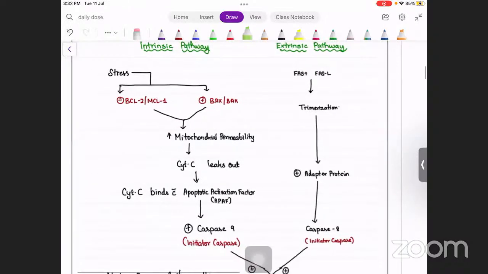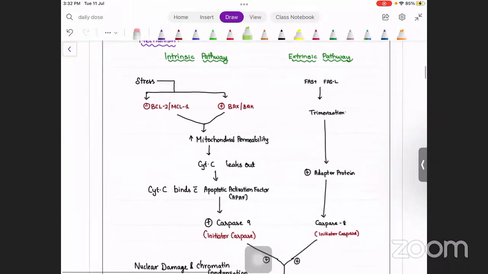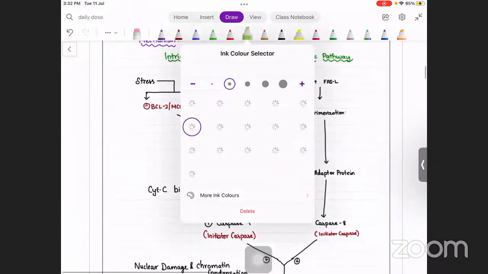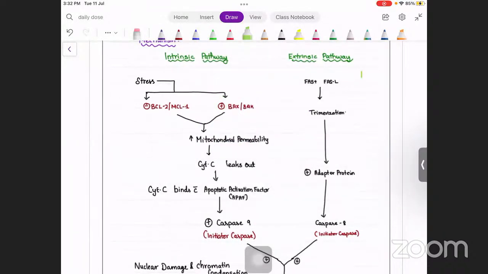Now, speaking about the mechanism, we have an intrinsic and an extrinsic pathway. So we first talk about the intrinsic, then we talk about the extrinsic, people. So speaking about the intrinsic pathway,